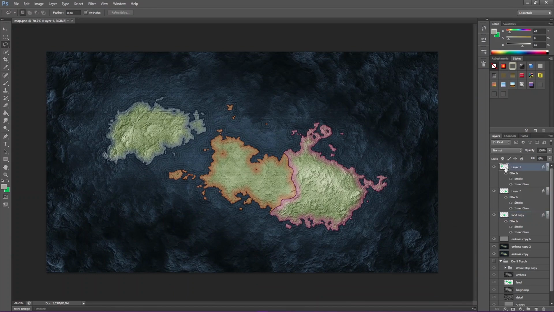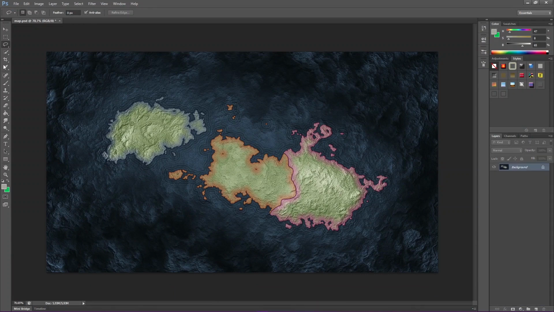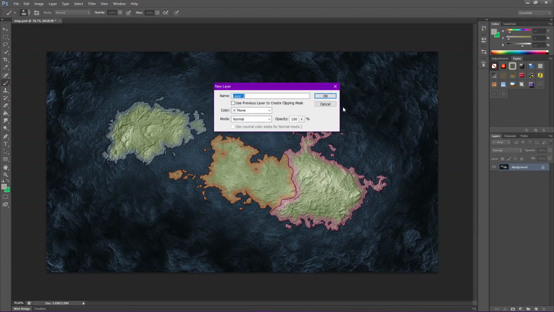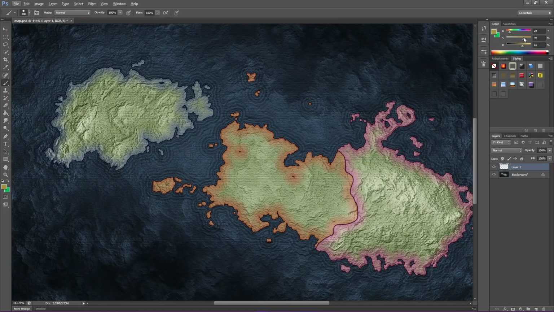Obviously you can now go and I'm just going to flatten all of this. This is just for tutorial purposes. And now you can go and create your cities and things on top of it as you usually would. I'm just going with my usual colors that I always use. And you can say, oh, this one's capital sits over there, and this one's capital sits over there, and this one's capital sits over there. And then you can have your smaller city.